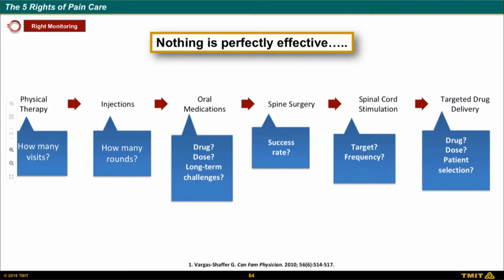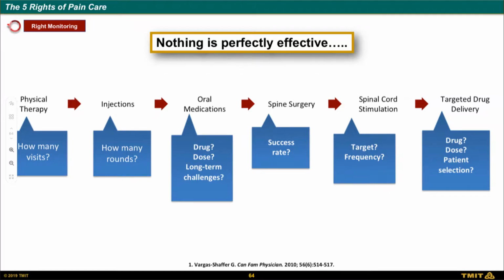People can be rescued with spinal cord stimulation, or they can have spinal cord stimulation as an alternative to an open surgical procedure. And then again, targeted drug delivery, which is the implanted drug pump, traditionally was left to the very end. We have now moved spinal cord stimulation and targeted drug delivery in many cases above high-dose, long-acting opioids for certain selected patients. I would certainly consider those for my younger patients who have perhaps a spine-related disorder or a peripheral nerve injury before putting them on a particularly